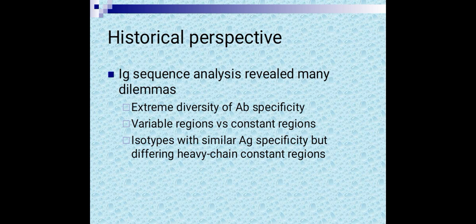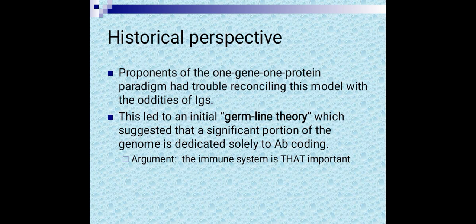Historical perspective. Ig sequence analysis revealed many dilemmas: extreme diversity of AB specificity, variable regions versus constant regions, isotypes with similar Ag specificity but differing heavy chain constant regions. Proponents of the one gene, one protein paradigm had trouble reconciling this model with the oddities